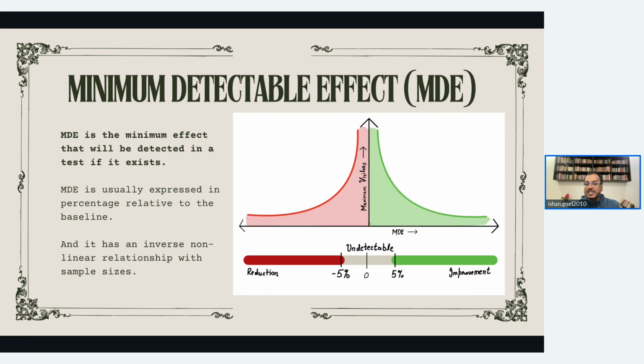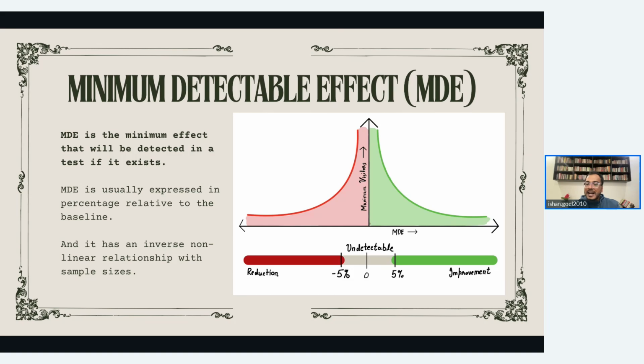And as you increase the MD, you have lower and lower visitors that you need, and it falls very sharply. So if you increase the MD, it saves quite a bunch of visitors. One more thing that we need to share here is that MD is symmetric. So if I set a 5% MD and I get a sample size count of say 20,000 visitors, then that means that